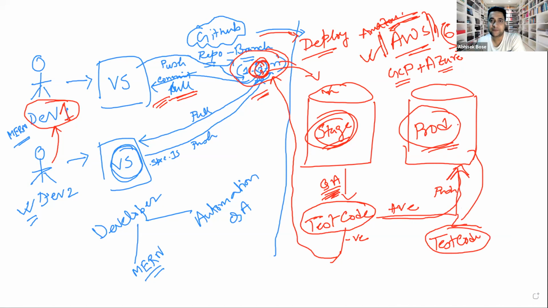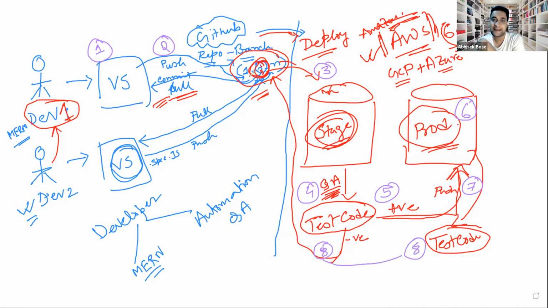If I change the color again, just think, this is one process where you are coding, then pushing to the GitHub. From the GitHub it comes towards the stage server. Then here QA is testing, then it's forwarding to the production server. Here again the deployment happens, then again the test case runs. This one is my 8 number, and this is also my 8 number, because from here to here, the code can return if it is negative, means the test failed. Correct? If positive, then prod. If negative, then stage.